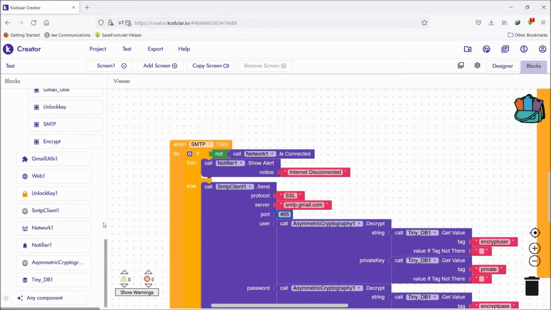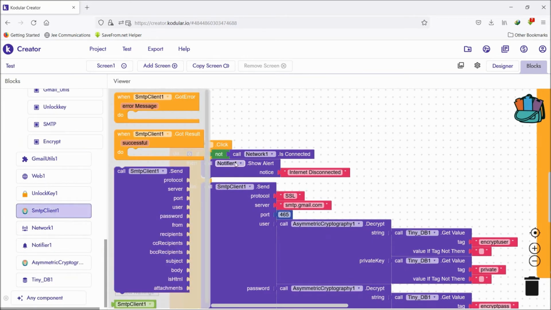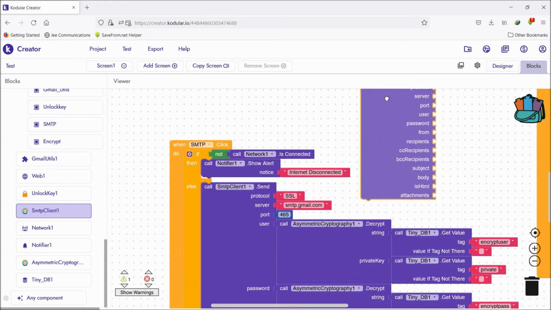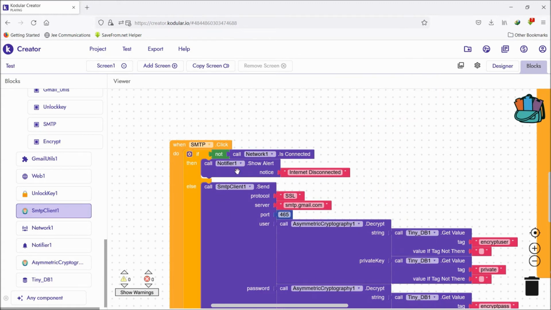So let us open this SMTP client. There are two events here: when error occurred and got result, and another is to send email using the SMTP protocol. So this SMTP protocol I'm using, I dragged this block and added it here.